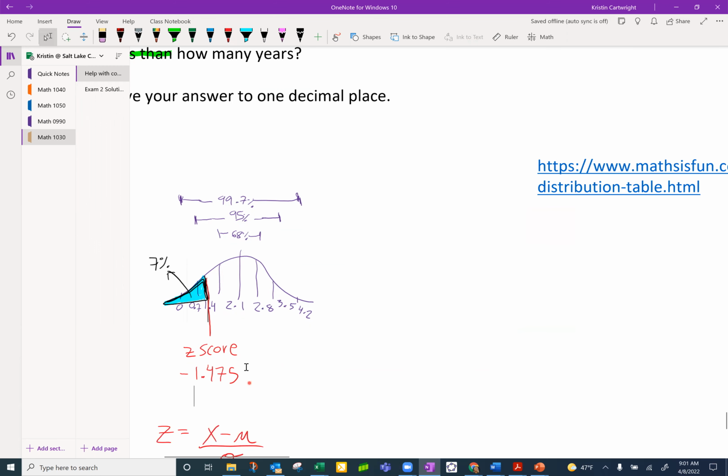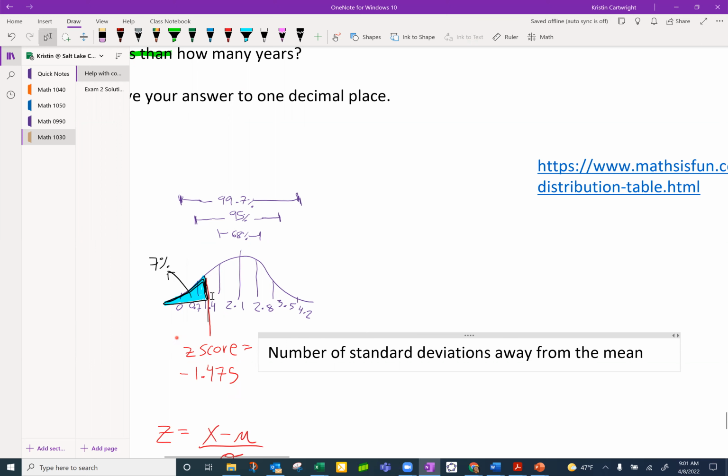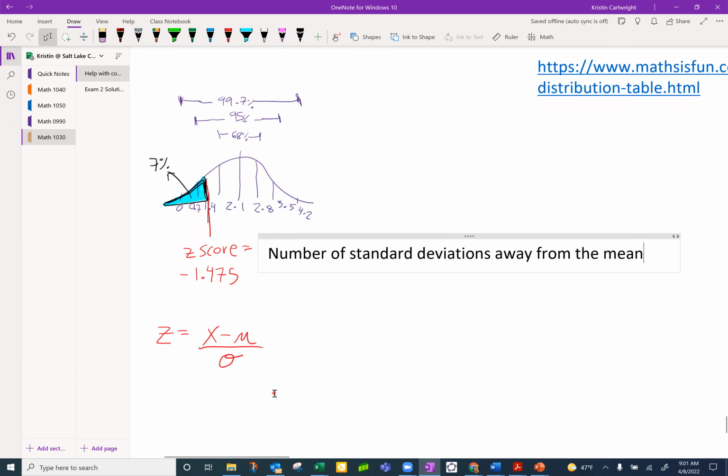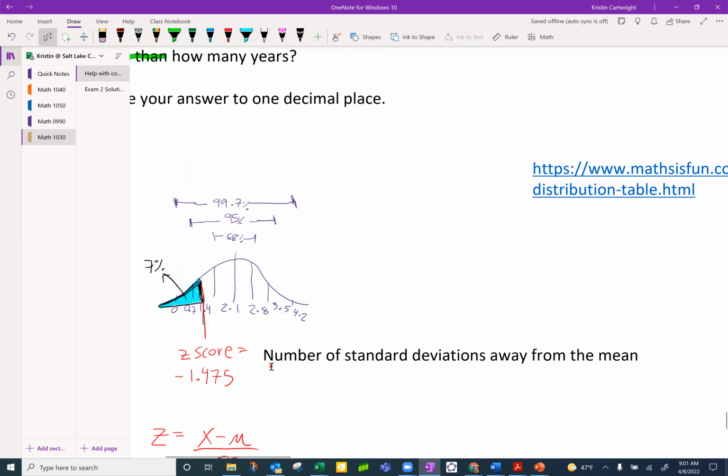Again, a Z-score is the number of standard deviations away from the mean, and we found that from the interactive normal curve. Now that we know the Z-score is negative 1.475, close to 1.5 standard deviations from the mean, we can use our Z-score formula, which will be given to you on exam 3 and on the final exam,